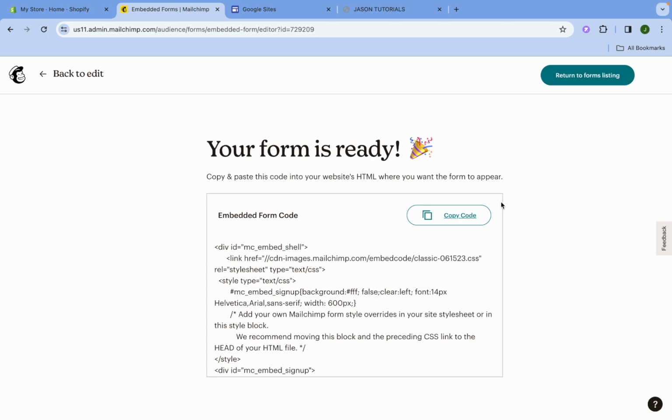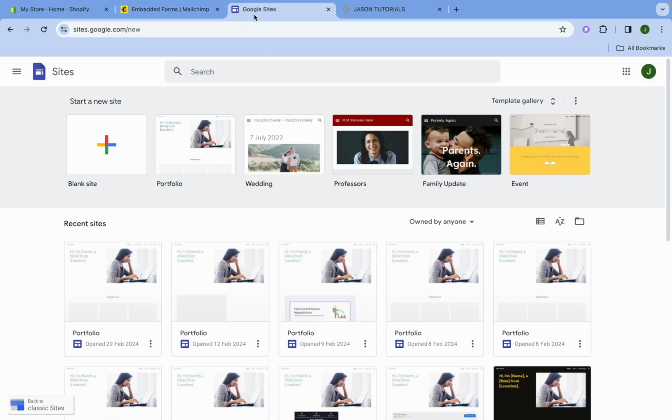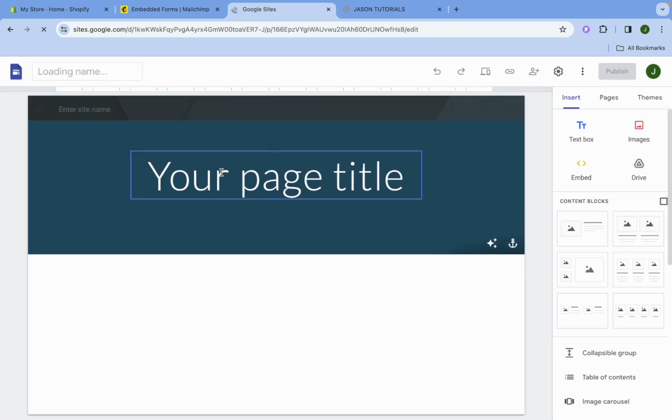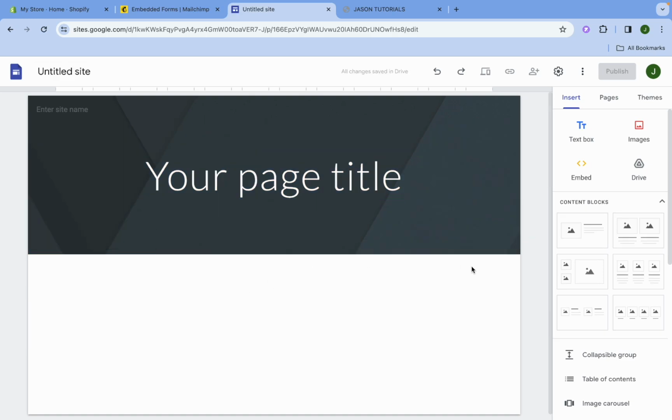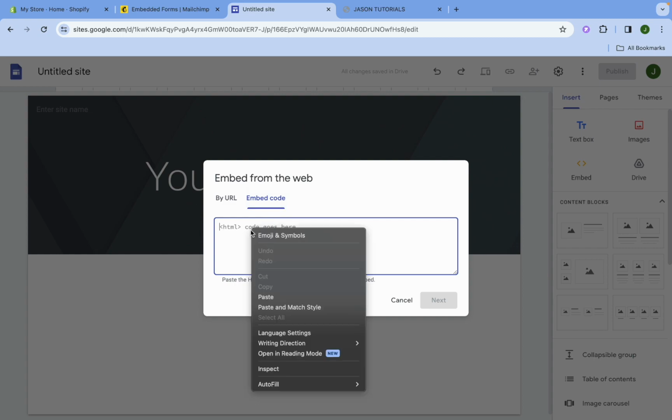After tapping on Continue, you will now be provided with a code which you can use to add onto your website. So you'll simply copy the embedded form code. Then for example, if I were to go onto Google Sites, just for example's sake, then let's say for example, I were to tap on blank site right here. All I would need to do is tap on embed, then select embed code, and I would paste in the